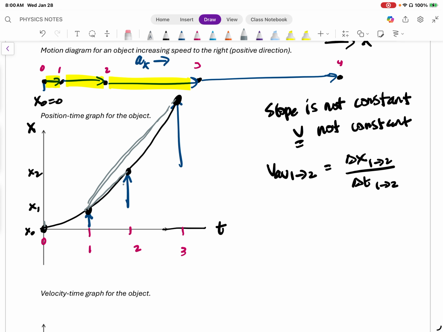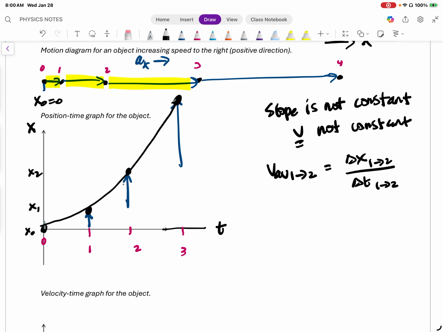I'm going to do the same sort of thing. I'm just looking for the slope between those 2 points. So the slopes here are different. The average velocity from 1 to 2 is different from the average velocity from 1 to 3. So we oftentimes are interested not just in that average velocity, but in the velocity at a specific